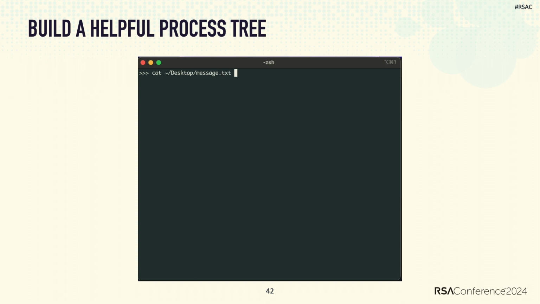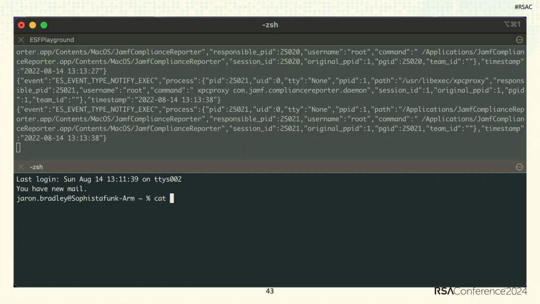Now we see the problem here has been resolved, but there's still a question at play. I didn't access the desktop with the terminal, or with the iTerm application, right? When I accessed a file on the desktop, I did it with cat. I ran cat, looked at the file, and printed it. iTerm didn't do that. How did macOS know to allow this exchange? How did it know that it should allow cat to actually access that message?